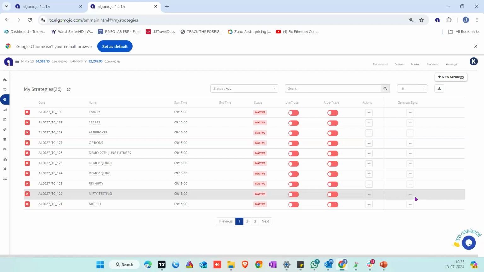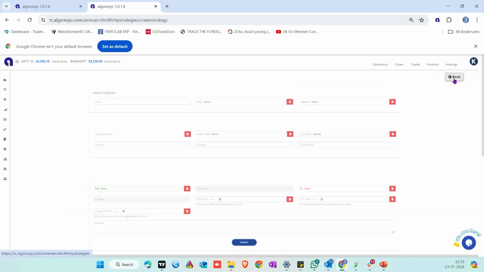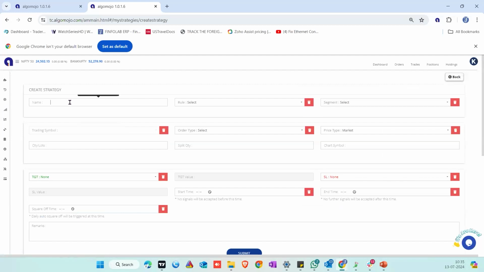Now, once you log in here, what we typically do is define the parameters or the orders that we want to trade using our strategies. So we create a template in the Algomojo platform. We call this a strategy. For creating the strategy, the parameters that we need to update are these. You can give any name. You can say demo